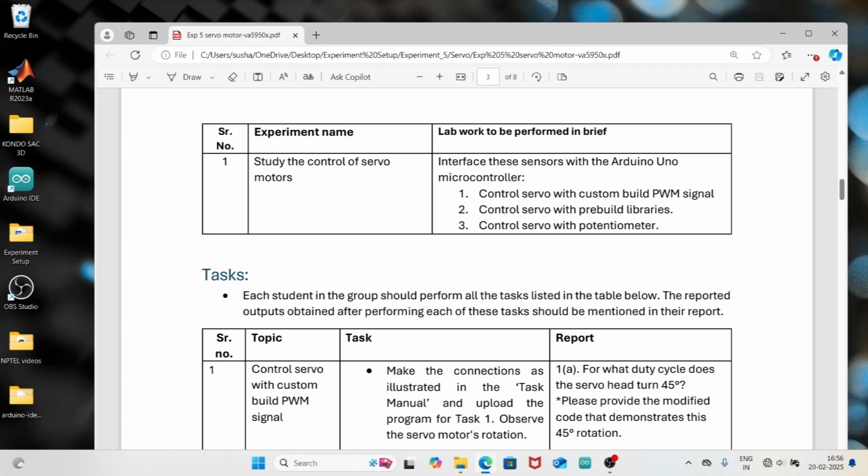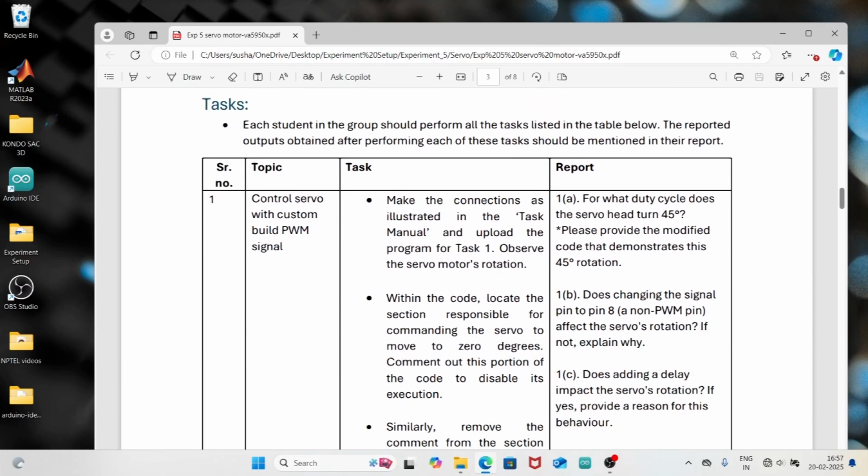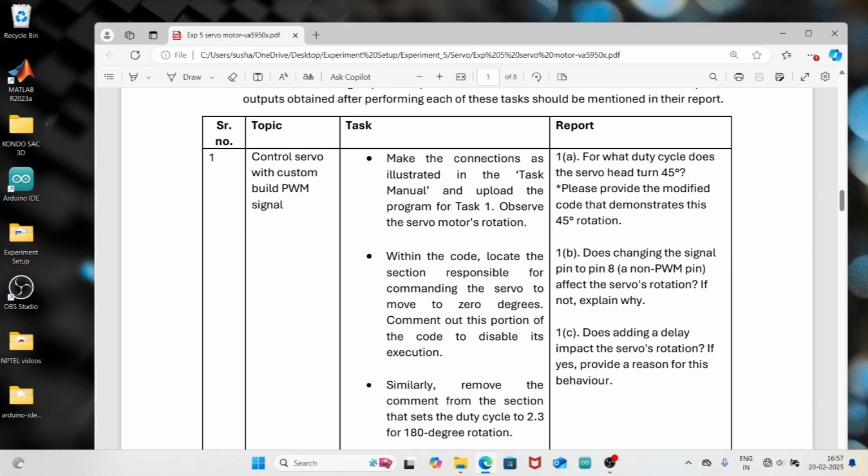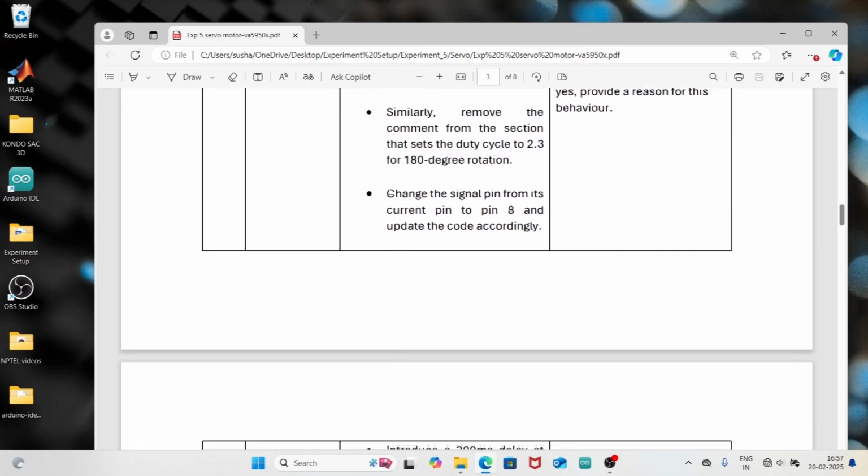First is servo control using the built-in PWM signal through a microcontroller. The second is to control the servo using the first program that is built in, and go and stop the shaft position at various locations. The third is to control the servo output shaft position using a potentiometer. So those are the main objectives of our task for today, for this experiment rather.